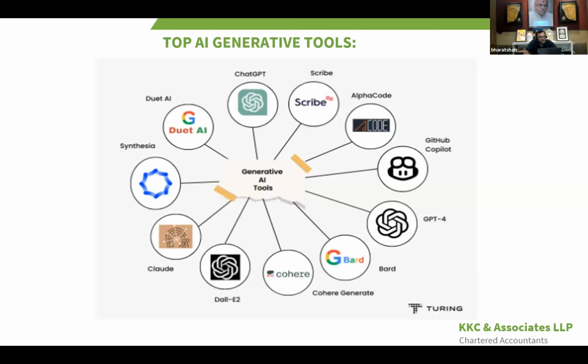And there is a lot of research going on, and there is also competition among companies like Microsoft and Google to publish products in the market which can be utilized. So just yesterday Google Bard published a Gemini model.